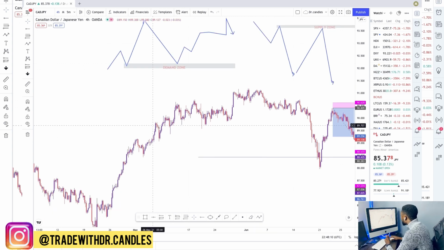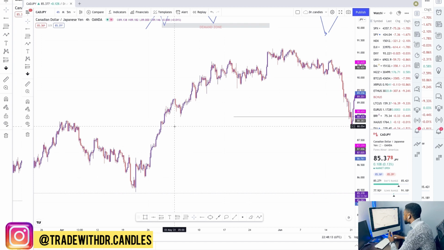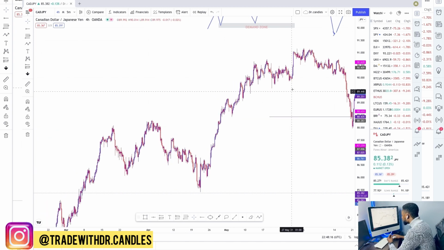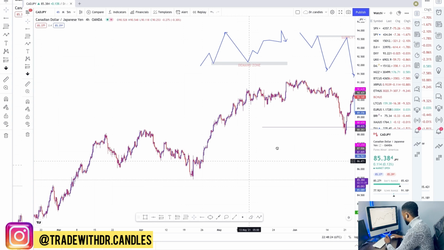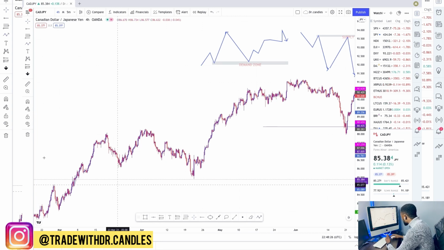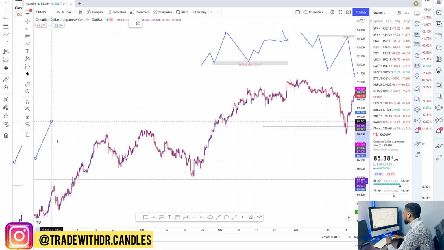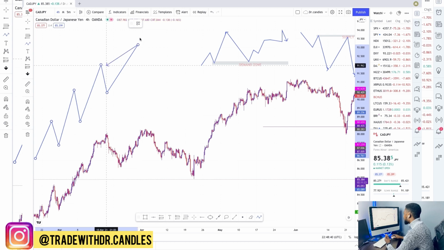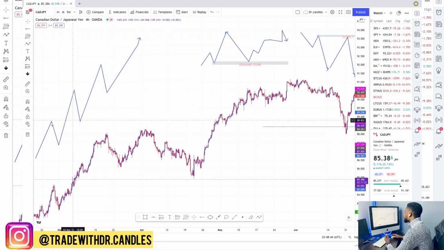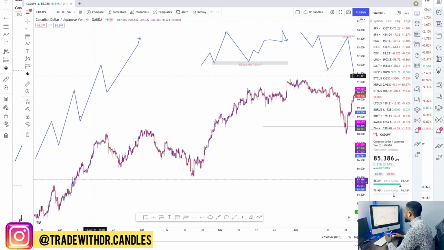So one of them is the trend. After identifying a demand and a supply zone, the first thing to check is the trend of the market. Remember, I told you, if you want to identify a trending market, the market should be forming a higher high and then a higher low, higher high, higher low, higher high, higher low. So if you spot a market that is forming this kind of pattern, going high, higher low, higher high, higher low, like this, we consider that kind of market